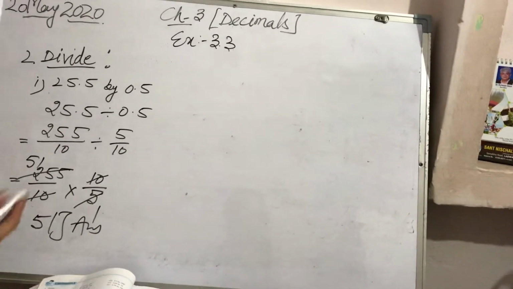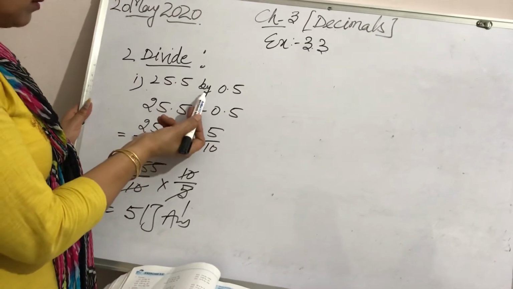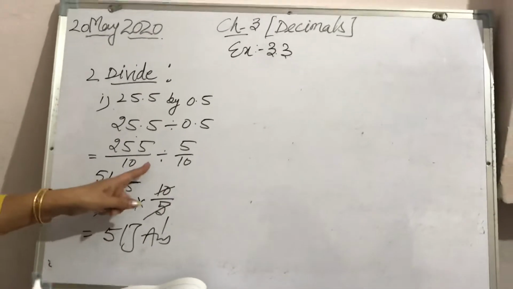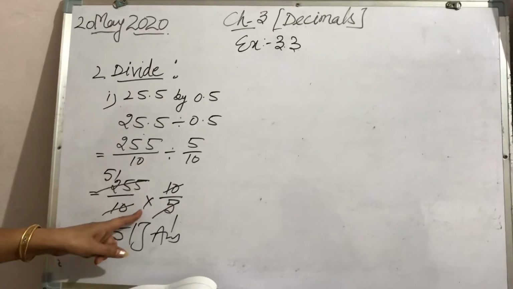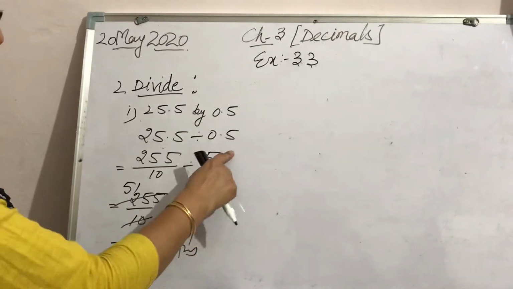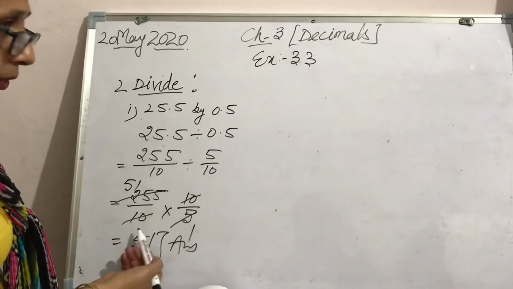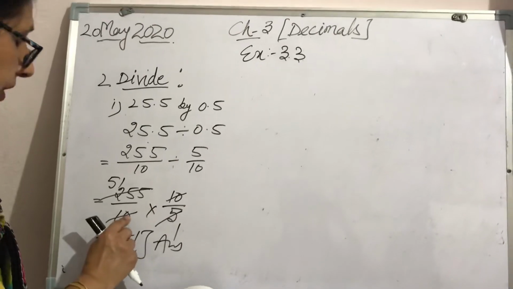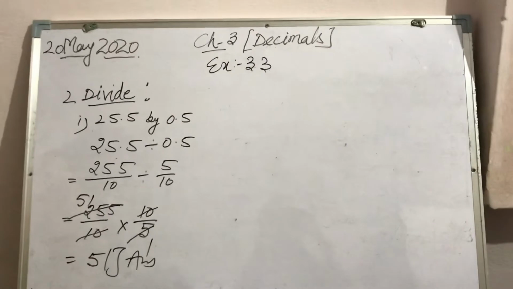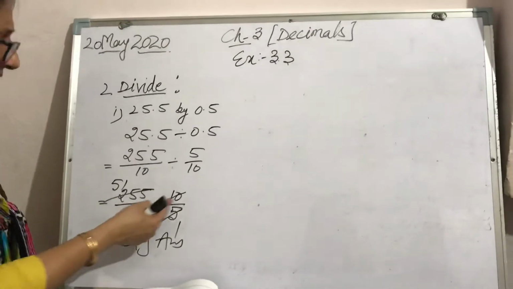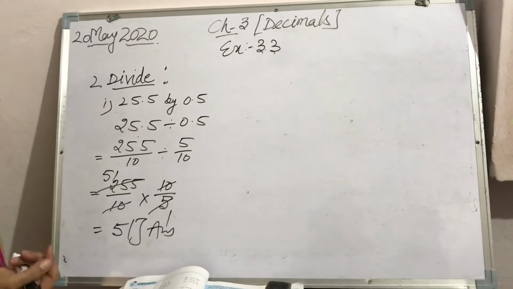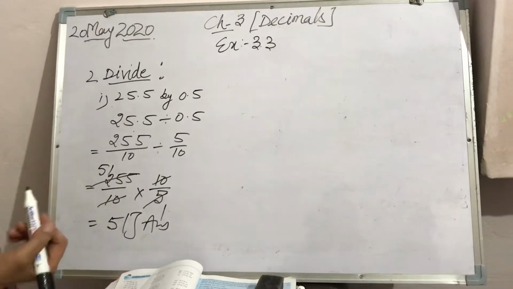Listen to me again. First of all, use the division sign, then remove the decimal. The division sign changes into multiplication. While converting this sign into multiplication, the reciprocal of the divisor will be there. If they can be reduced, if only zeros are at the denominator place, then we can save the zeros to use the decimal, but directly it can be reduced, 10 with 10 and 5 with 255. So 51 is the answer of this question.